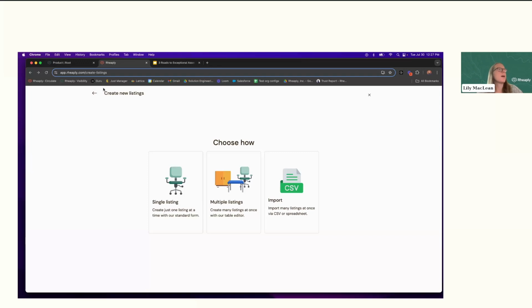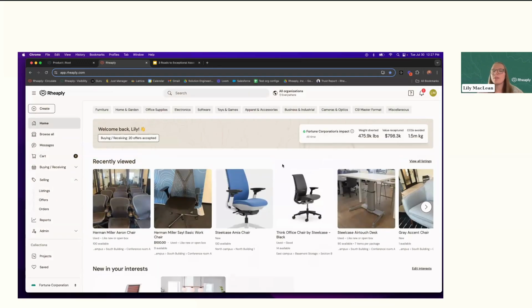Maybe one thing that we didn't talk about fully, and we're happy to continue any specific conversations if anyone has any use cases that they want to chat about, is permissioning and access. One thing that's really important to a lot of the customers that we work with is having guided access or guided permissions based on your role at the organization. So we have a plethora of permissions that allow various user activities in the platform. For example, admins versus someone who just posts items, or potentially someone who just receives and is looking for items.